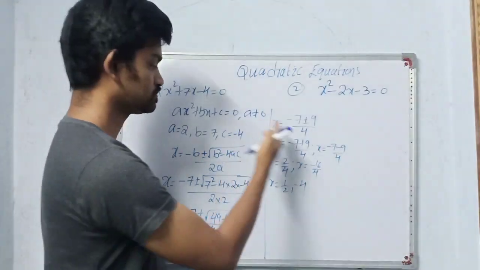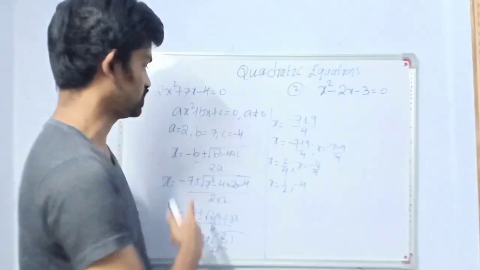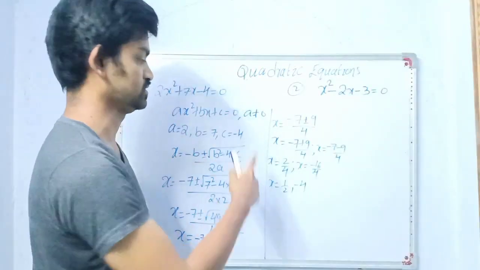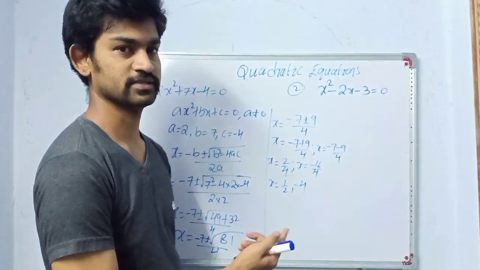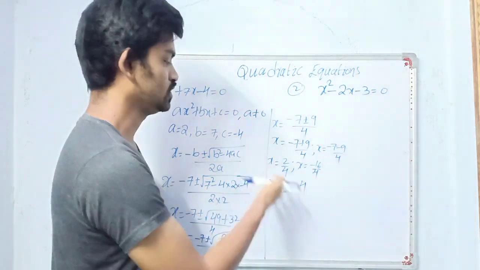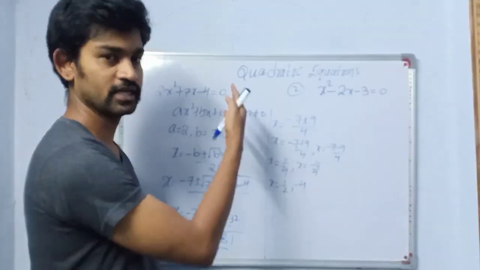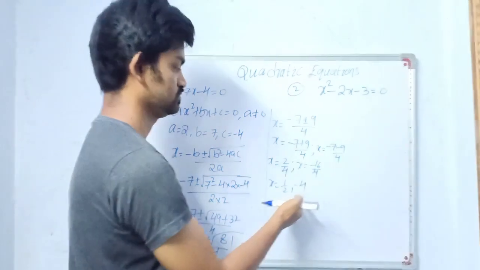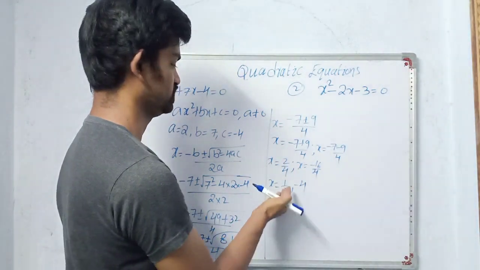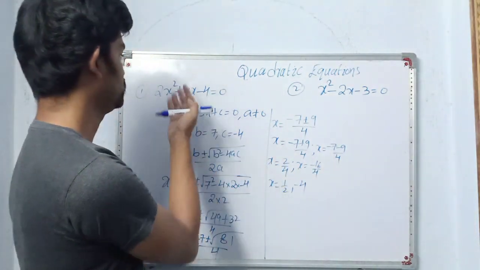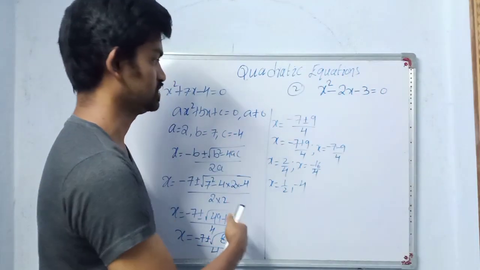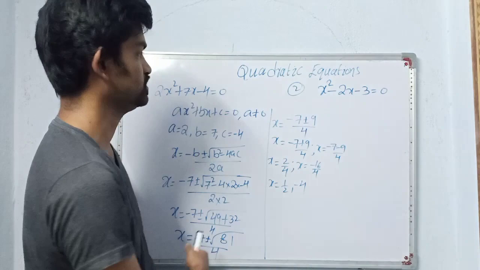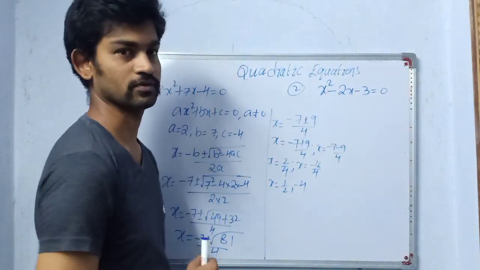Okay, this is how we use quadratic formula to find solutions. Instead of factorization method, this is another method to solve a quadratic equation. See, we got two roots. Again you can do verification. If you substitute 1 by 2 or minus 4, you will get value as 0. Okay, this is the first question. We'll see the next question now, how to do it.